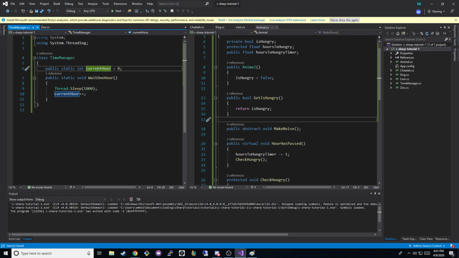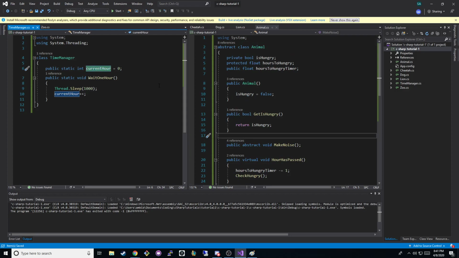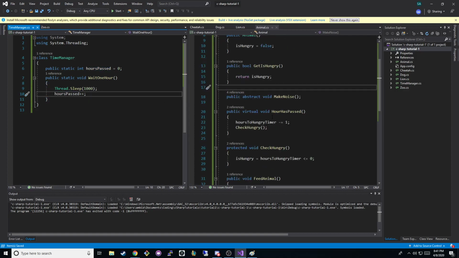Obviously, this isn't realistic. We'd have to keep track of a timestamp, which would include like a date, a month, a time, all that jazz. But we're just gonna keep track of number of hours to keep it simple. Or hours passed since starting up, basically. And so now what we could do is in the animals,